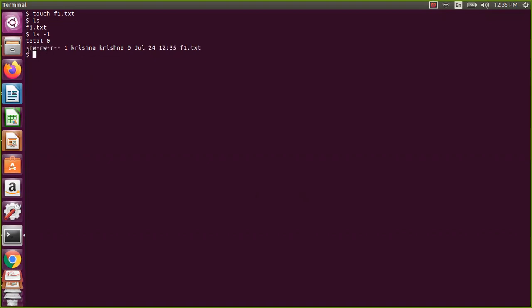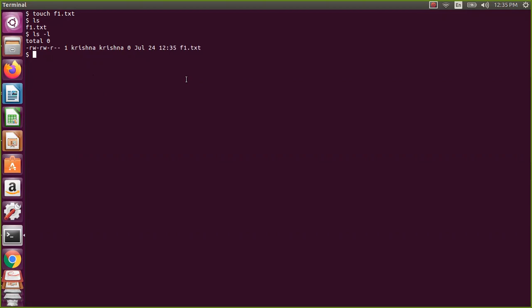This one we will see in an entire separate unit, which will take 40 to 50 minutes to explain. We will see linking, user management and all of that. This is the file size, and every file has certain times actually. So this is the file modification time. We'll come to that a little later. And then f1.text is the file name actually. So this is the long listing.